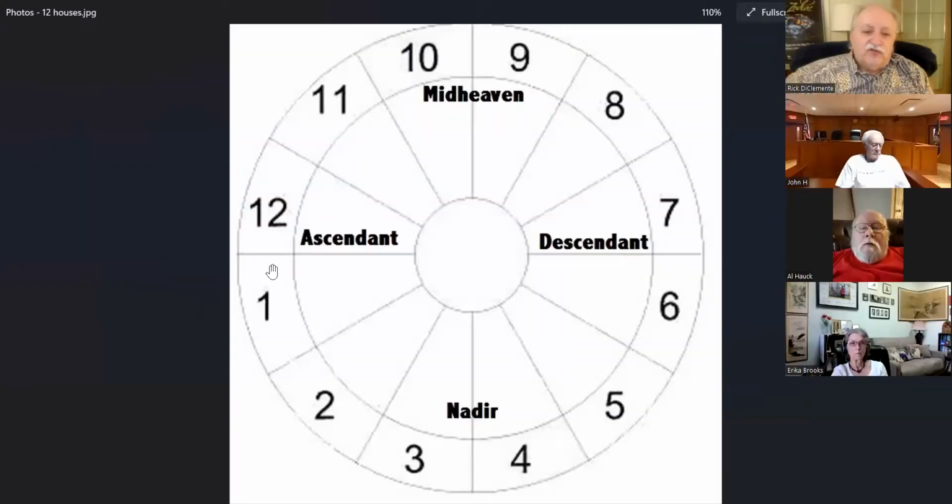Let me explain that to you. The 4 angles: 1st house, cardinal sign Aries; 4th house, cardinal sign Cancer; 7th house, cardinal sign Libra; 10th house, cardinal sign Capricorn. These 4 signs and houses are the main 4 of the zodiac because they change the tenor of the entire zodiac. So the 9th house is about learning on a big scale. If the 3rd house is over here, I've got a mind, I'm learning to talk, I'm learning to speak, I'm learning to communicate, the 9th house is much bigger.